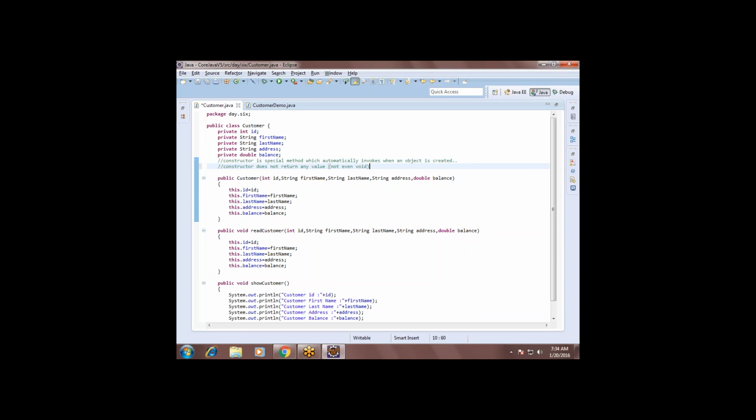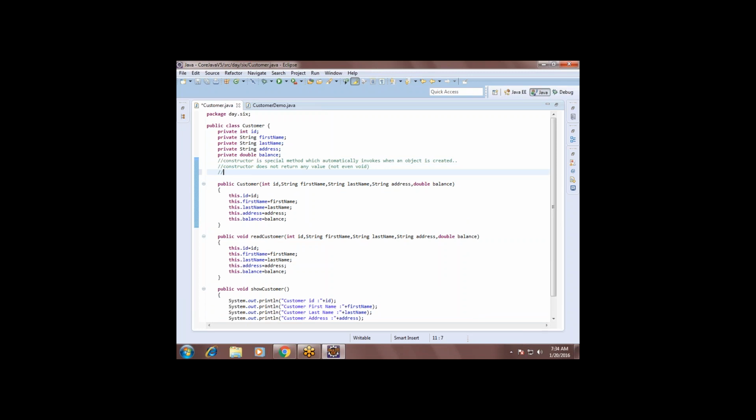You should not even put void. In a method you compulsorily specify void before the name, and in a constructor you don't specify anything because it is not going to return any values. We can pass parameters to the constructor, right?